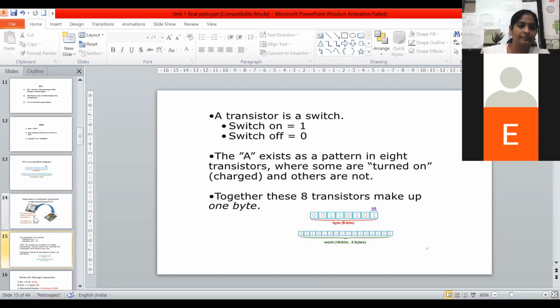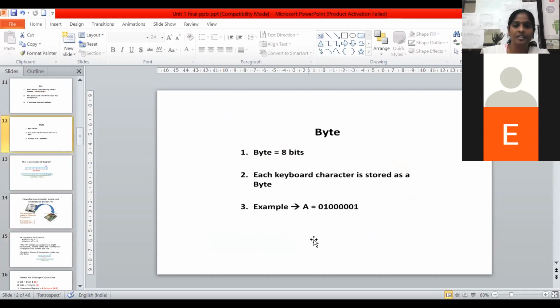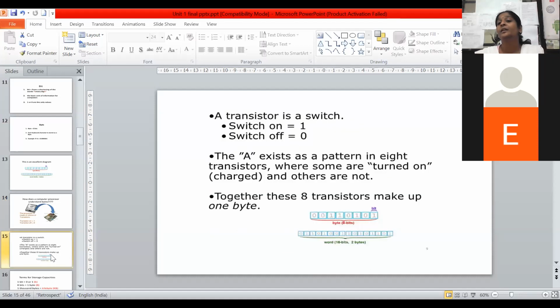Okay, last slide. Here the example is given, A. How many bits are required? 8 are required. Now what I want to do? I want to store the word ETC. Then how many bits are required? एका E ला किती bits लागणार? 1 byte, one alphabet, 1 E. How many bits required? 8. मग 8, 4 झाले. 4 कसे झाले? E, T, C. Yes, very correct. 8 fours are 32 bits required to store the data.